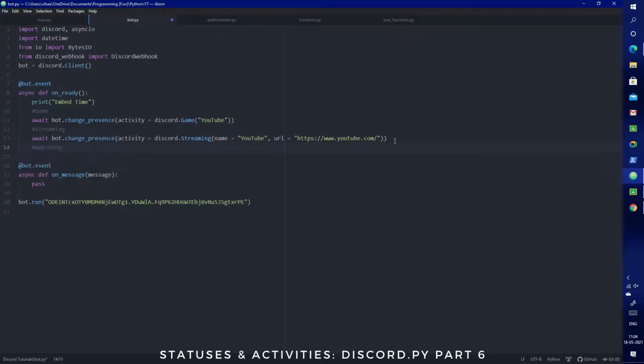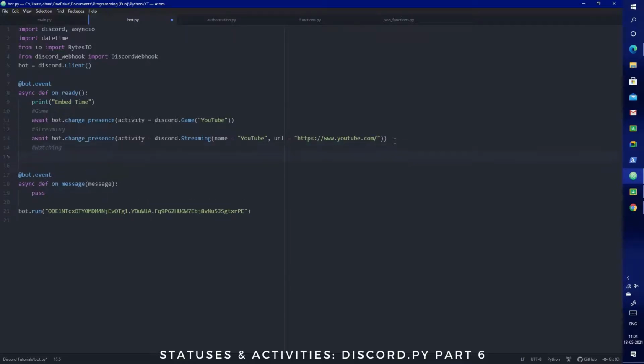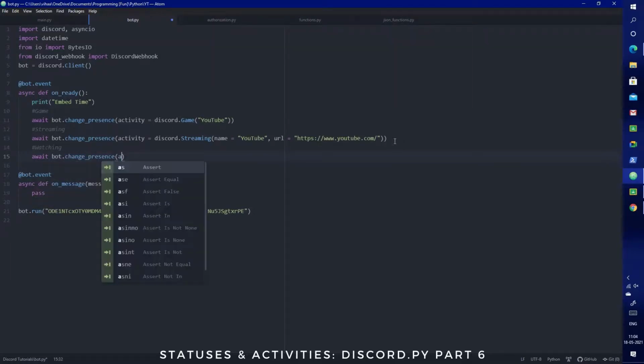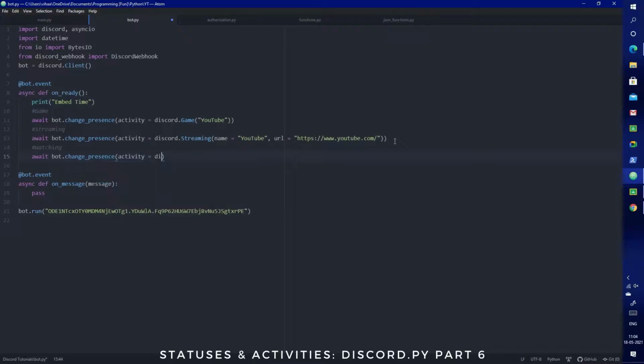So like game and streaming were very similar, watching and listening are even more similar because they just have to change one keyword. So let's see how. await bot.change_presence, activity is equal to discord.Activity, type is equal to discord.ActivityType.watching. Okay, and name is equal to, let's say